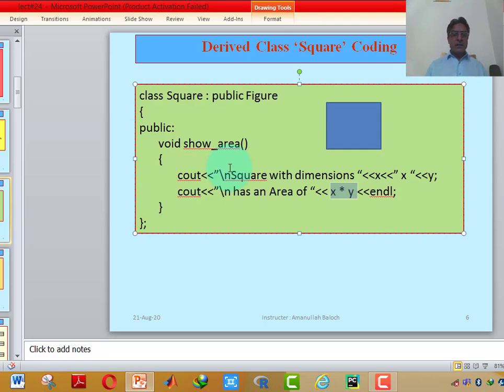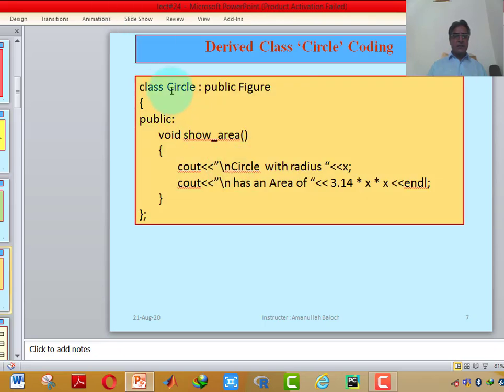Here we have another class named circle class, which is publicly inherited from the figure class, and the show area method. This circle class also contains a show area function with the same name as that of the triangle or square and the figure class. And the functionality is circle area. Circle area is calculated with